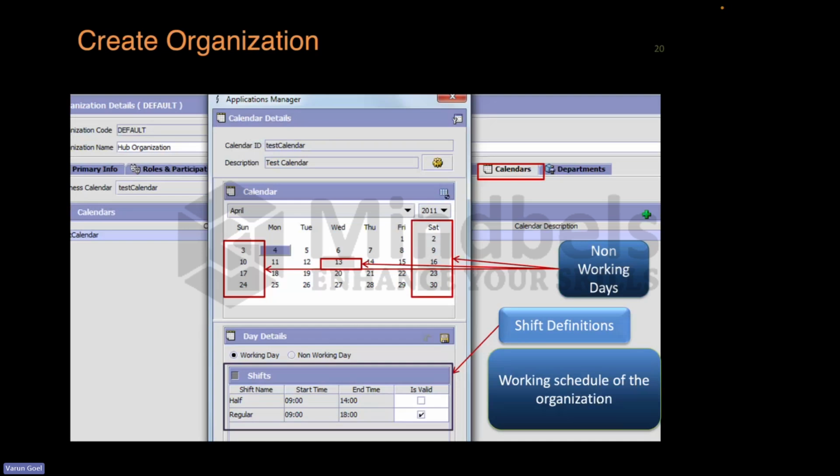So now when you create an order, the calendar significance comes on that page. When you create an order and you say to the customer that your ETA, your expected delivery date, is 2 days,